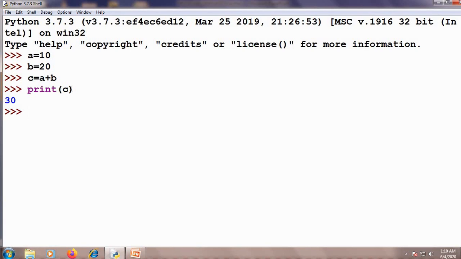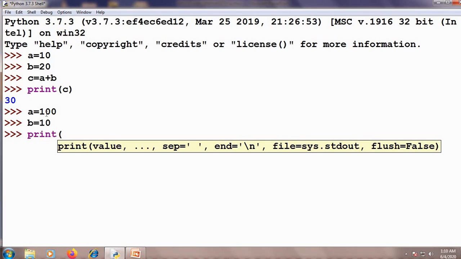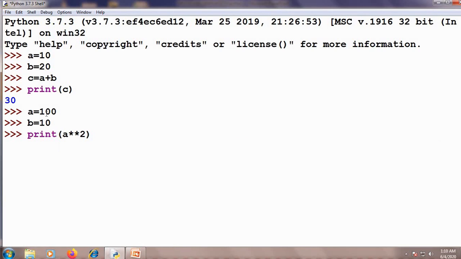I'll give one example for arithmetic operations. In that example, you saw A equal to 100, B equal to 10. Print A double asterisk 2, that is A power 2.